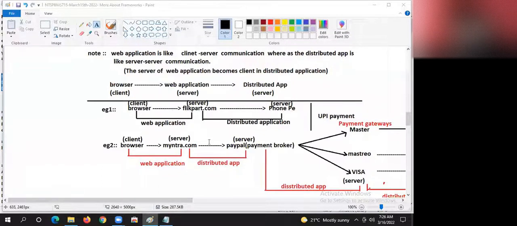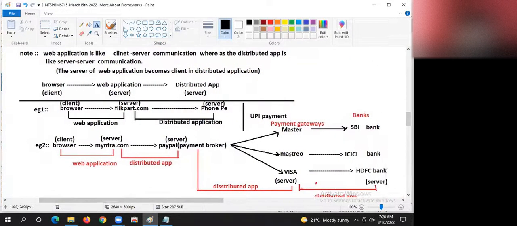Now, how does credit card payment happen, guys? The end user uses a browser and gives credit card details to Myntra.com. Myntra.com passes that credit card number to a payment broker called PayPal. PayPal has tie-ups with all the payment gateways in the world. Let us assume that the card belongs to Visa. The details go to Visa, and Visa has issued that card to an HDFC bank customer.